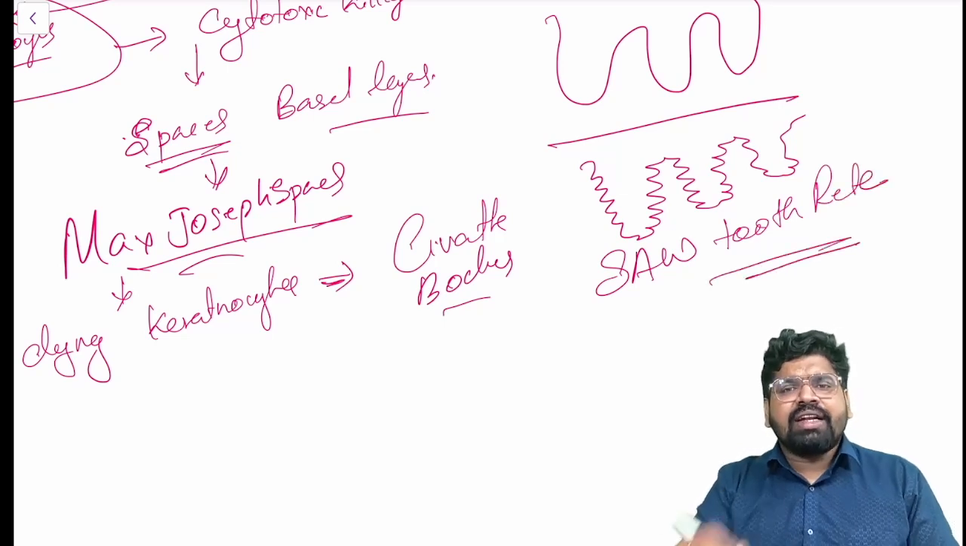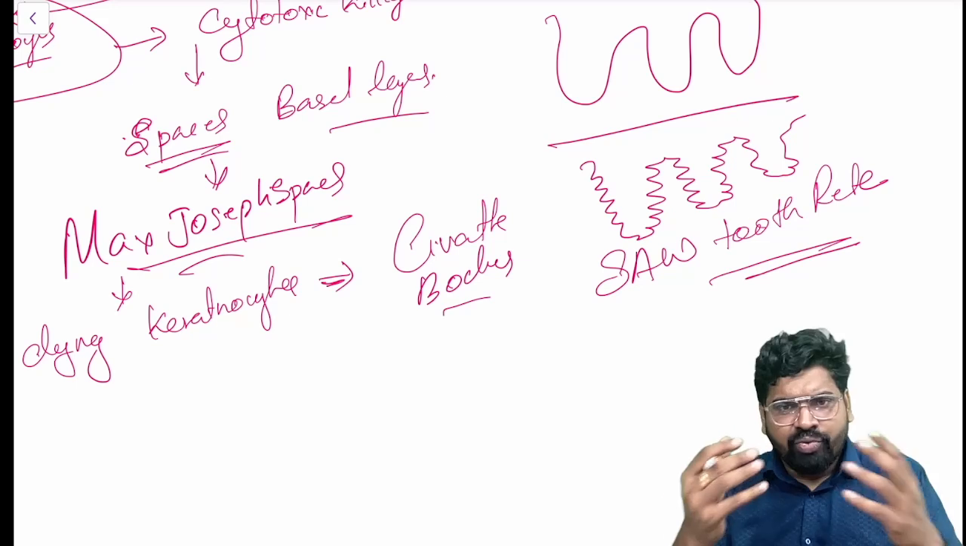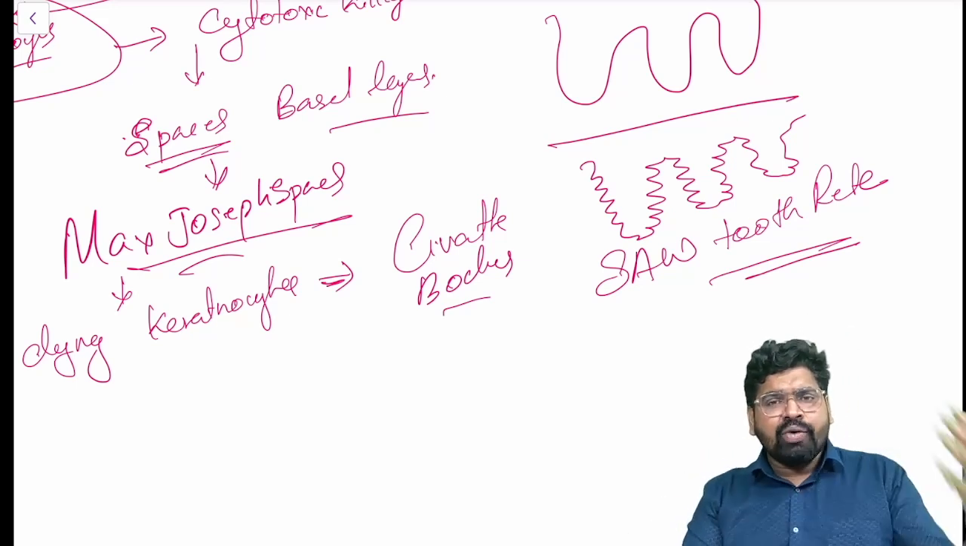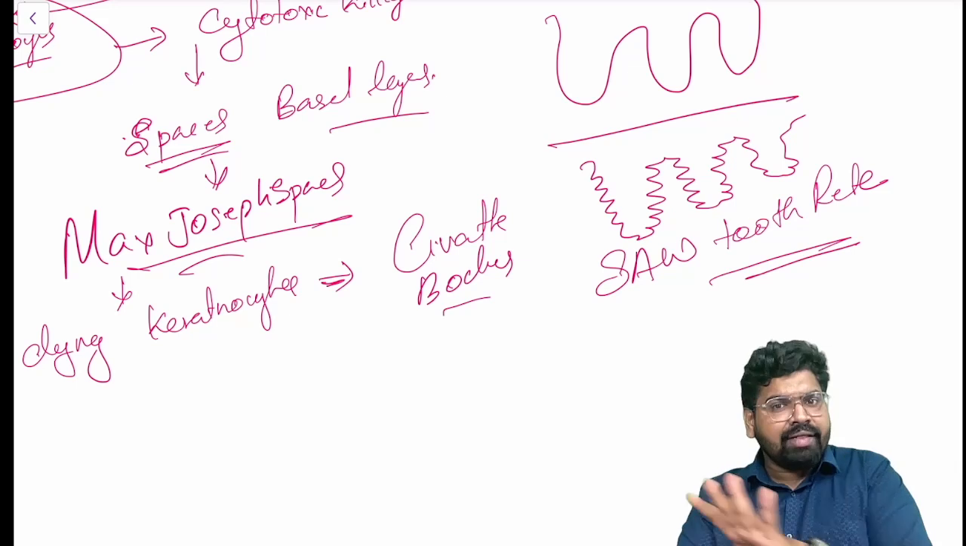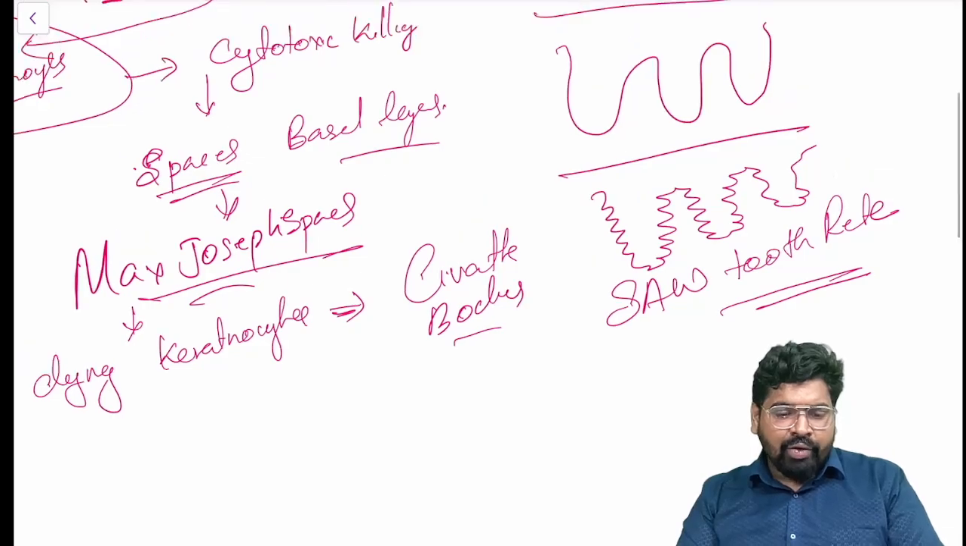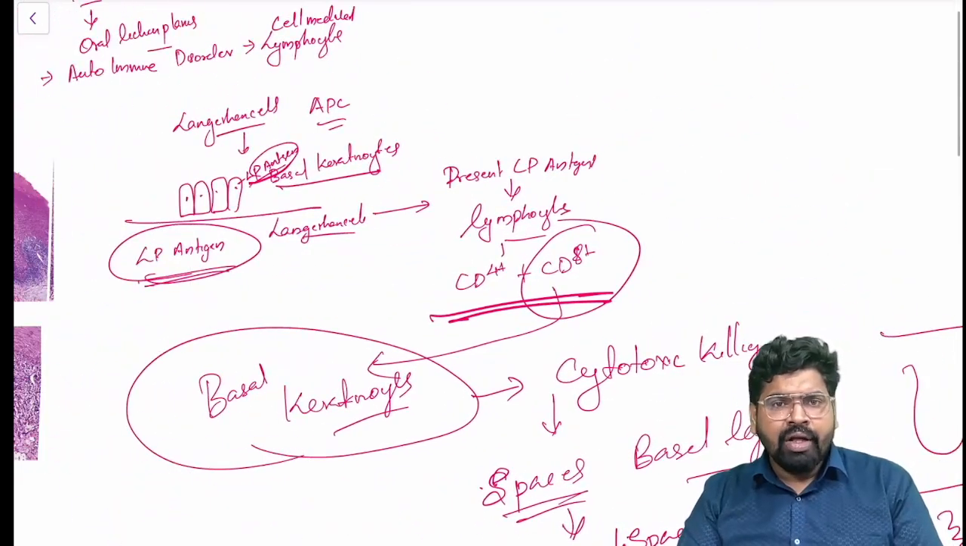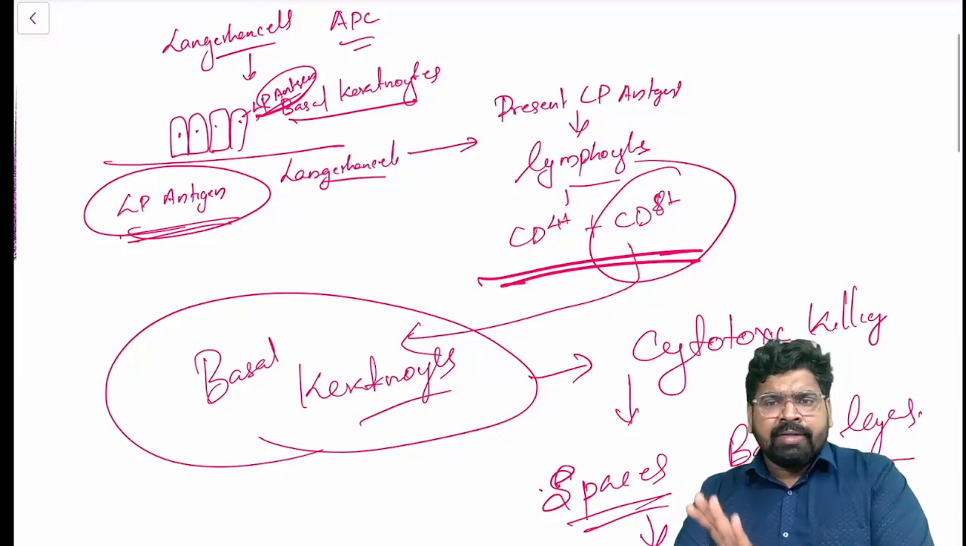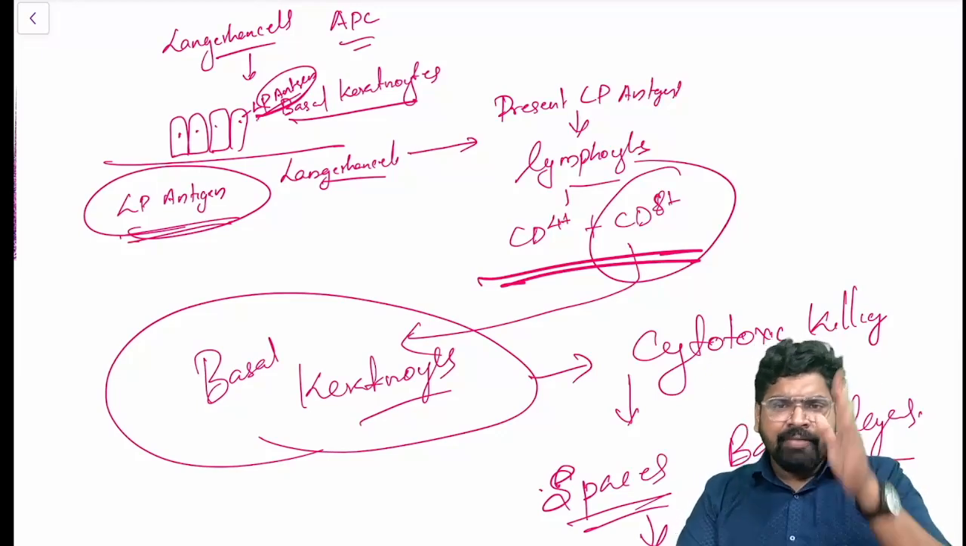Okay, sawtooth rete ridges. So this is what happens in lichen planus. There is no need to by-heart things. Understand the pathology, and there is no need to by-heart. You should know what is happening. So in lichen planus, all the problem started with the